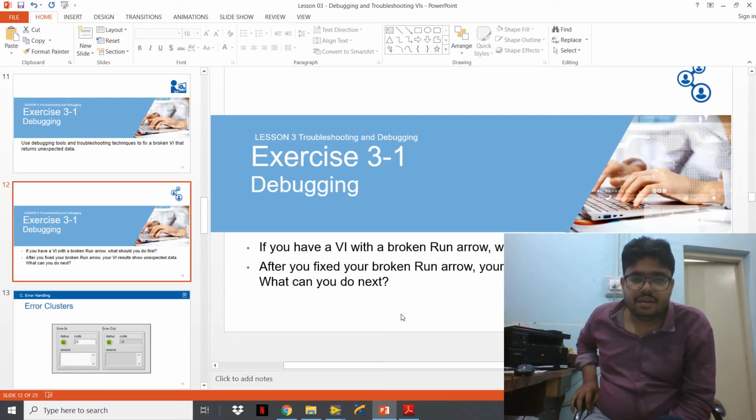After you fix your broken run arrow, your VI results show unexpected data. What can you do next? If it is still showing unexpected data, again try some debugging tools. Use probe, use single stepping, execution highlighting, and other debugging tools in order to make sure that